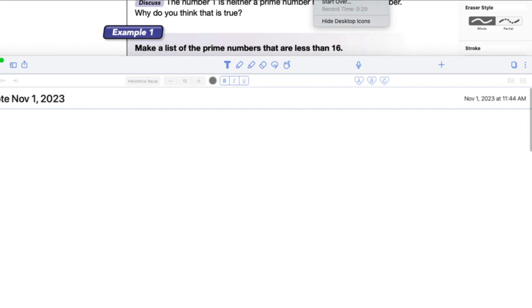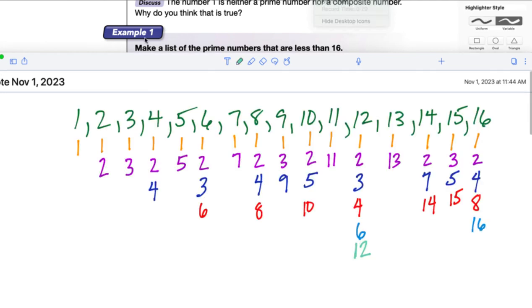So let's get started with our list of prime numbers. Well, actually prime numbers that are less than 16. As you can see, we have all of the numbers listed. I actually went further than just the numbers less than 16. We went up to 16. And what I did is I wrote down the factors of each of those numbers, if that's making sense to you. So what does that mean? So if I had to, as we say, factor